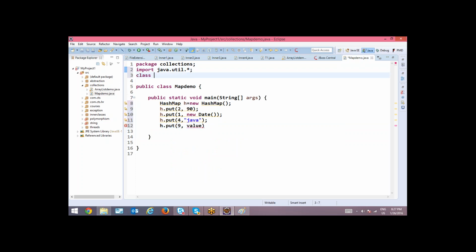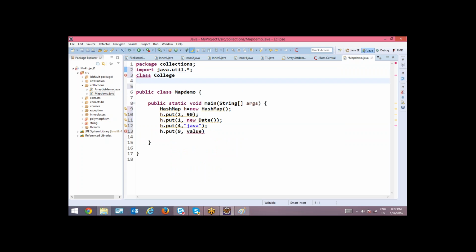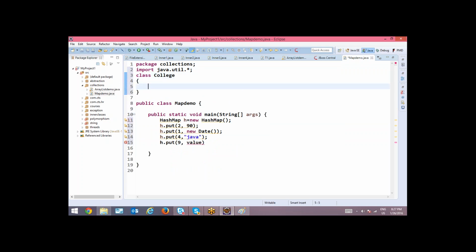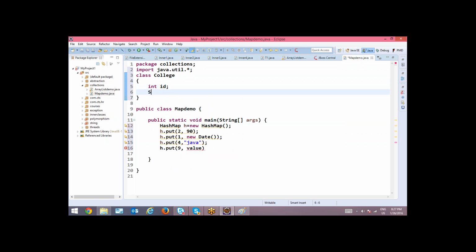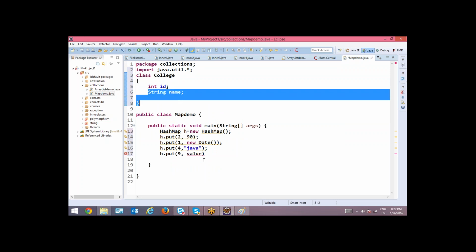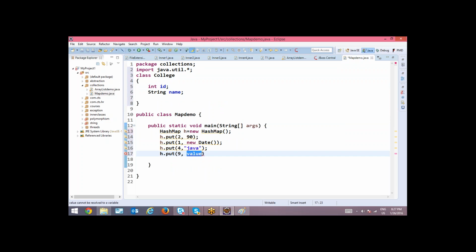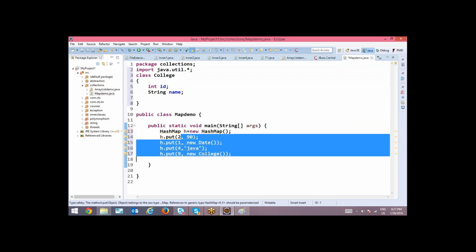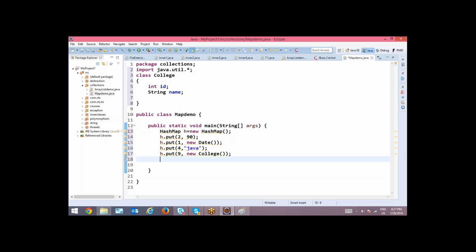Let us say here I have a class in which I have college name as a string. Simply I have a constructor, setters, getters, all the properties. Now I want to create here new college. Means a college object is created that is getting added into the hash map. So in this way you can store a set of values in a hash map.